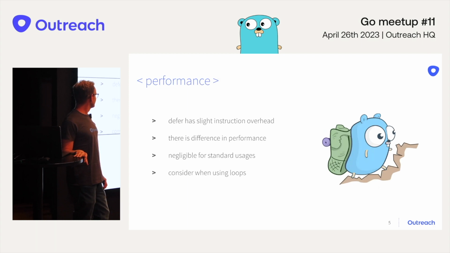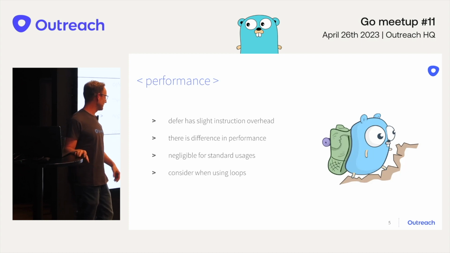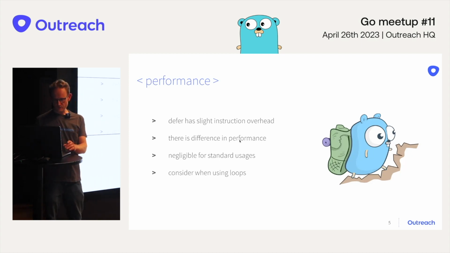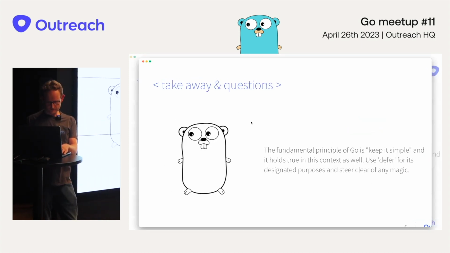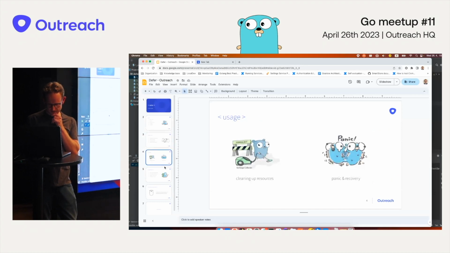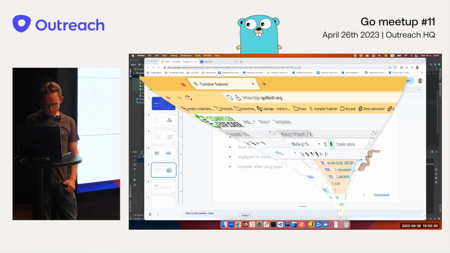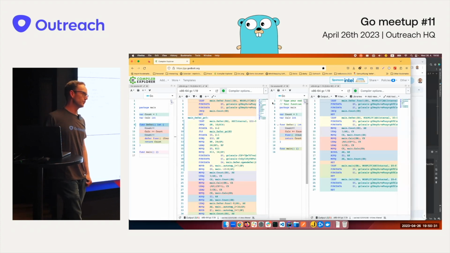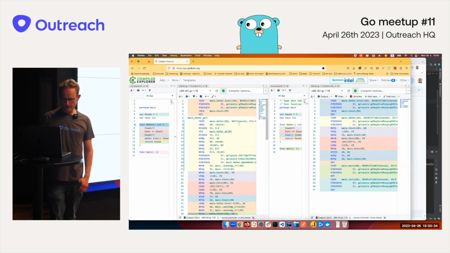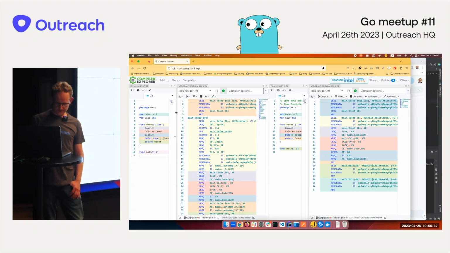After, let's say, I first encountered defer, as I said, it was very easy to understand. And as I got to know defer more and more, I was also interested in how it performs and what the mechanisms and code are under the hood. So first, what I did when I was investigating the defer function, I tried to figure out what exactly is happening, like what the compiler gives us. And this is what I've got.